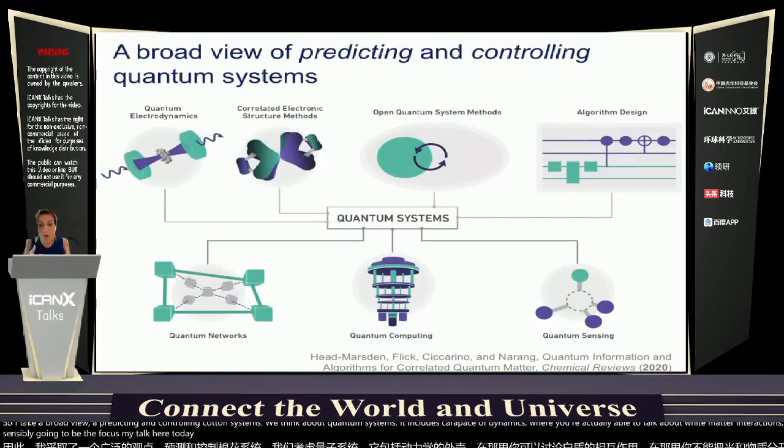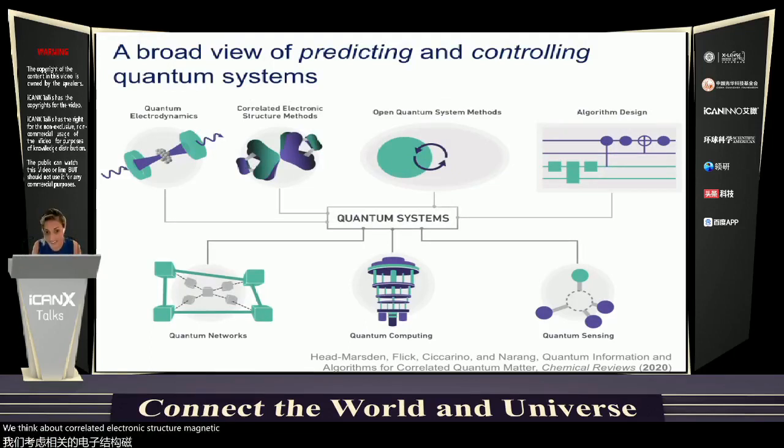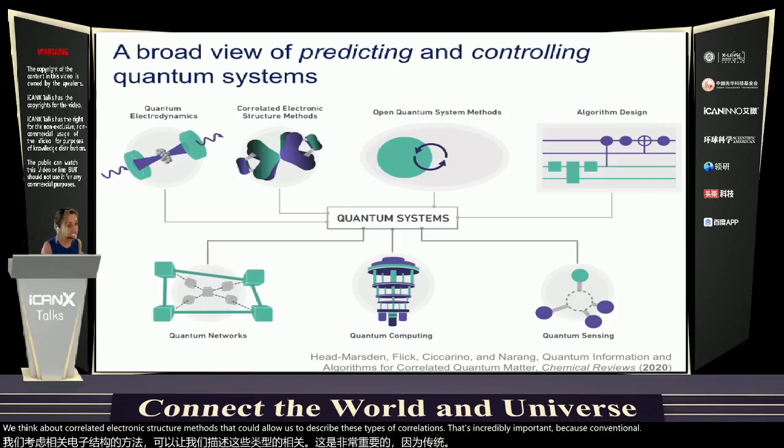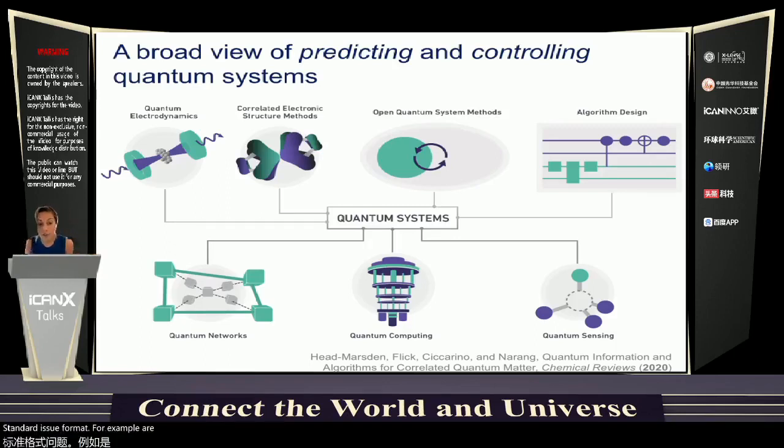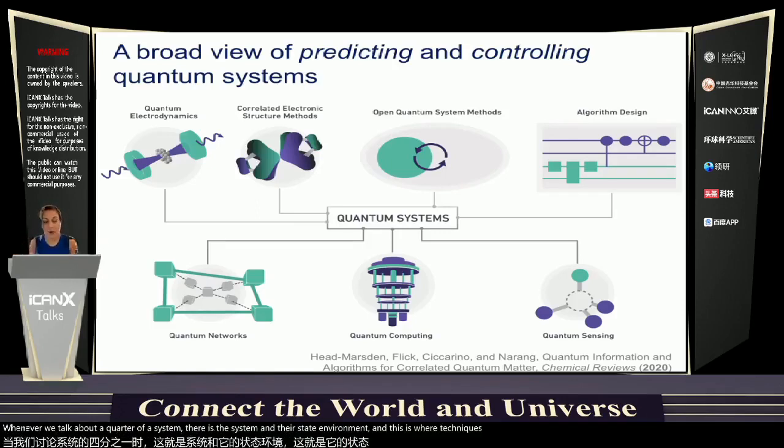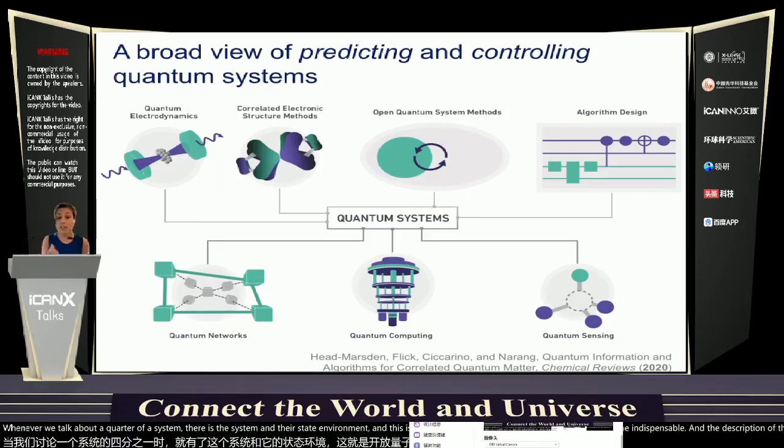We think about correlated electronic structure methods that can allow us to describe these types of correlations. And that's incredibly important because conventional techniques in their standard issue format, for example, are frequently unable to give us the types of observables that we're interested in. Whenever we talk about a quantum system, there's the system and there's the environment. And this is where techniques from open quantum systems become indispensable in the description of these types of complicated quantum